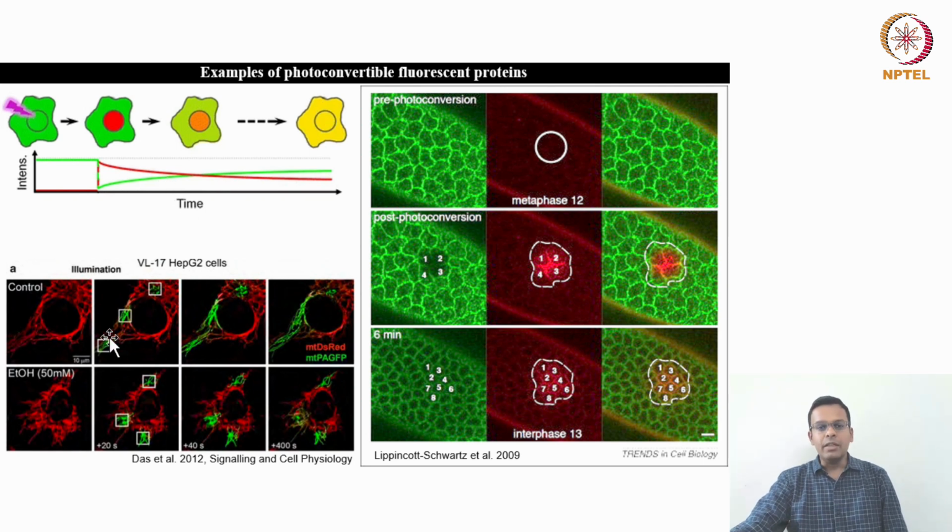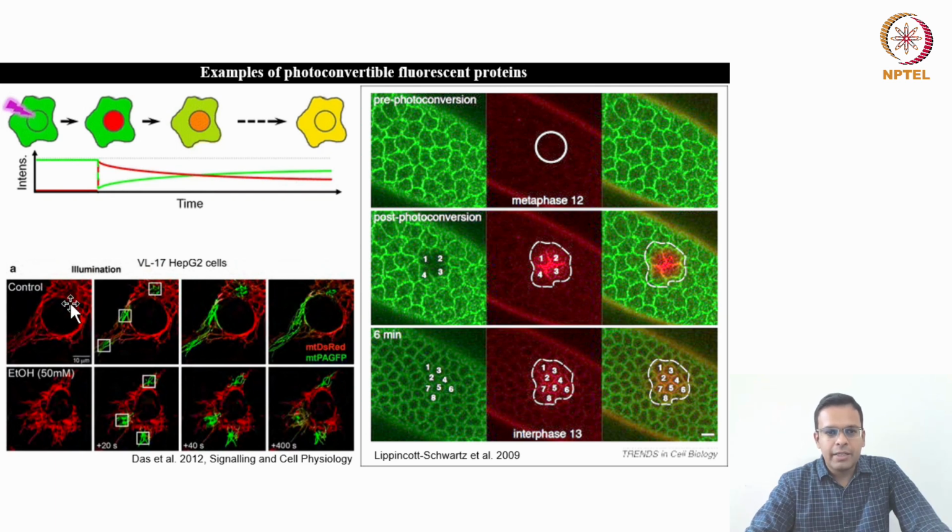Okay, here you can see a real example of this photoconvertible fluorescent protein. So see, this structure is stained, whether this is a protein or the microtubules or the actin cytoskeleton, it is stained in red color with a red fluorescent protein. And then they make specific ROIs, regions of interest, to convert those areas into green by UV light. So in the microscope, especially the confocal microscope that you will see, you can pinpoint such small areas for illumination by the lasers.